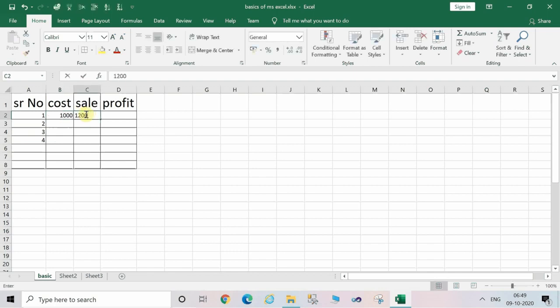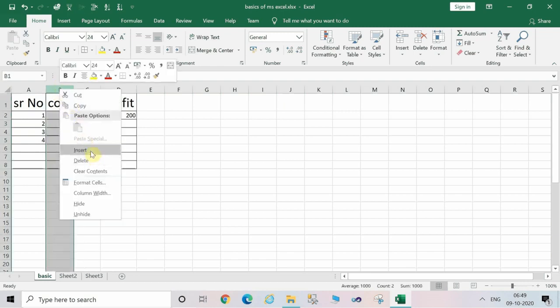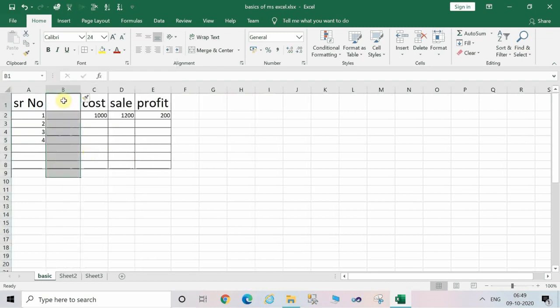Let's enter some more data in the sheet. We are also inserting one column here for name, and then the cost goes to 1 lakh and the sale to 1 lakh 20,000. Profit here comes to 20,000.